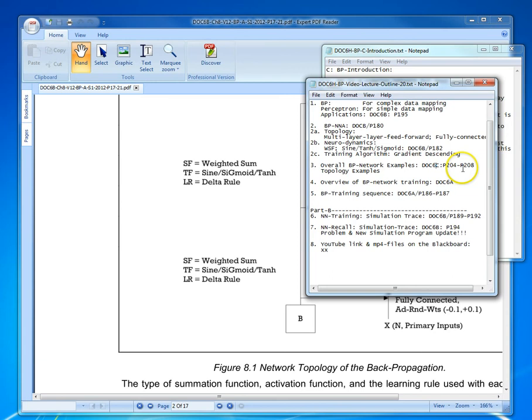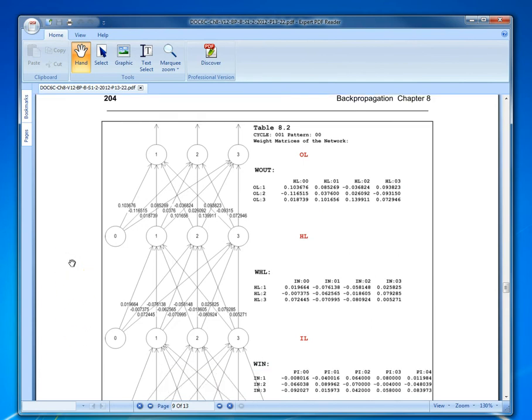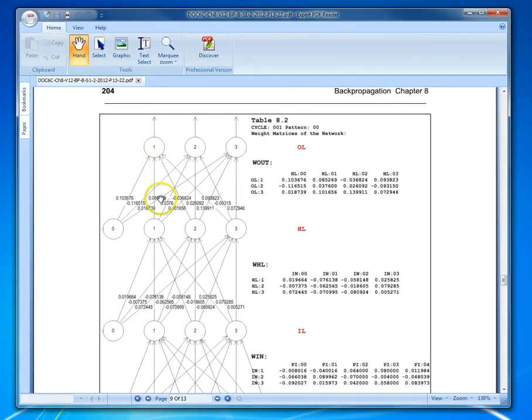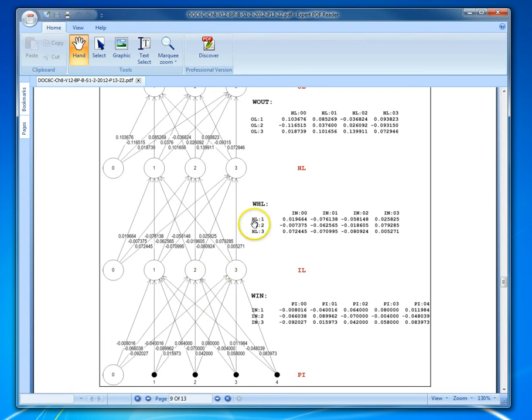There are 3 or 4 examples that are shown. Let's look into that. Again, if you look on page 204, that's the document C. Here you would see that this BP network is